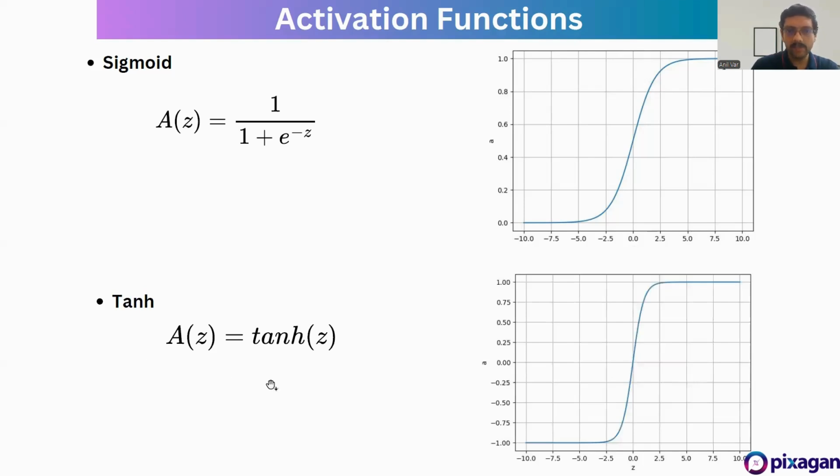A variation of that, which is also used a lot, is the tanh activation. The difference is that it goes from minus 1 to 1. So it's squishing Z, from whatever very negative value to very positive value, to be between minus 1 and 1. As the value comes closer to 0, it goes from -1, to 0, and then to 1. So these are examples of a few activation functions that are commonly used. There are others, and we'll add more in the notes, but you've got a basic idea of what the